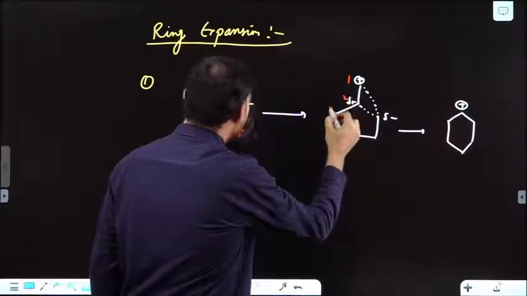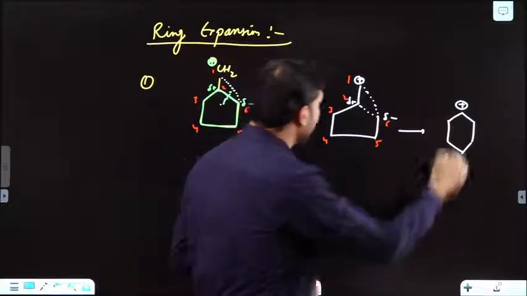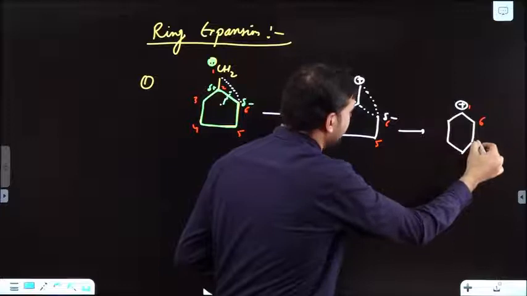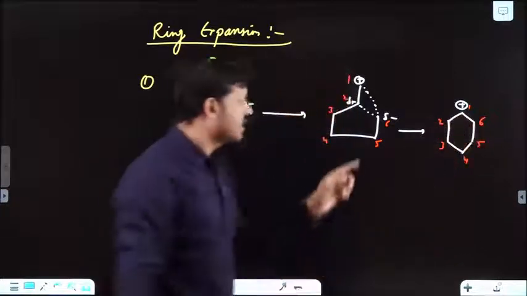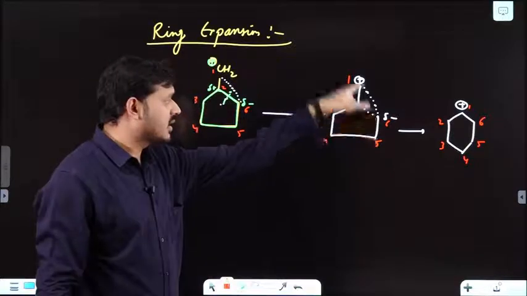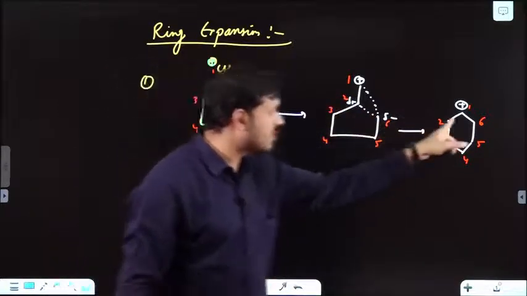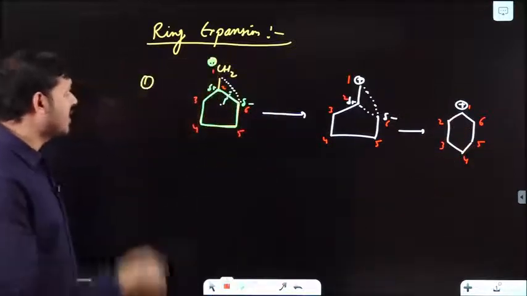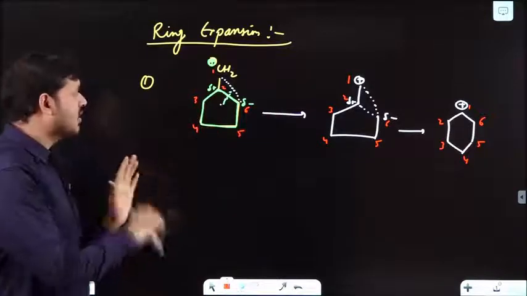1, 2, 3, 4, 5, 6. So here this is your 1 as it is. 1 is connected with 6, 5, 4, 3, 2. You can see 1 is connected to 6, this bond, okay? So the bond between 2 and 6 has been broken. Clear to you? So this is a simple example of ring expansion, 5-membered to 6-membered, and hence you can say